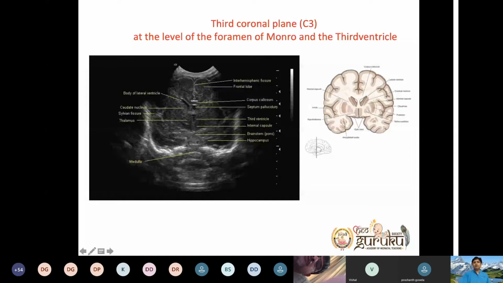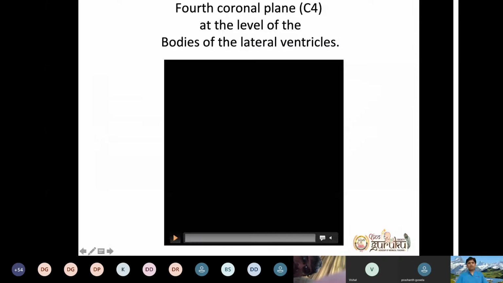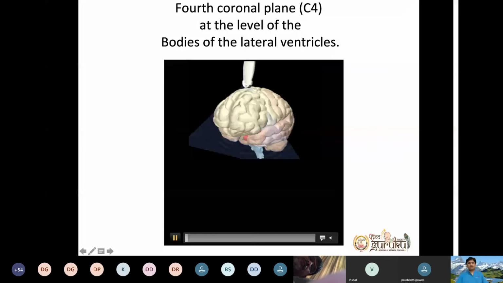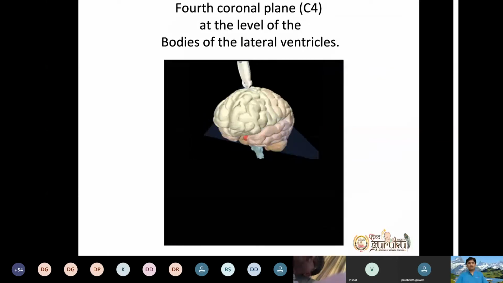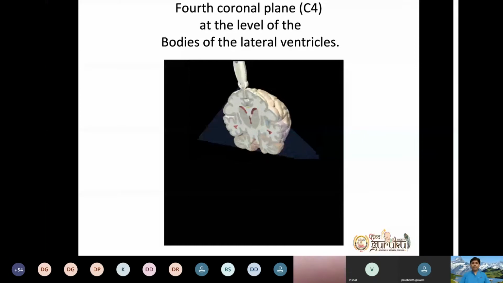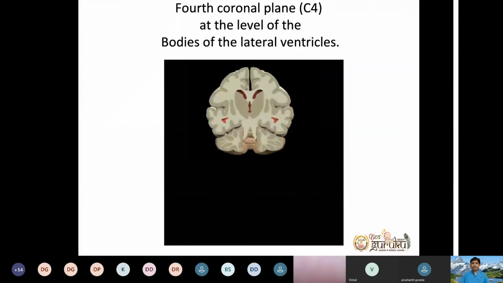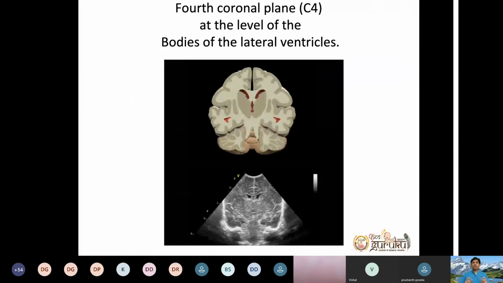So next, we'll move on to the next section. That is at the level of the body of the ventricle, how it looks. You have to just slightly sweep it backwards or tilt it backwards. This is how it looks like. You can see here, again, the structures will remain the same, only the orientation and the shape of the structure keep altering. So once you have a three-dimensional view of what we are looking at,